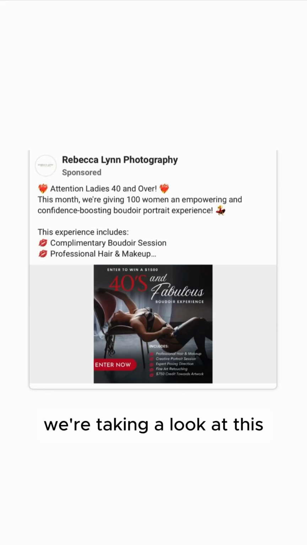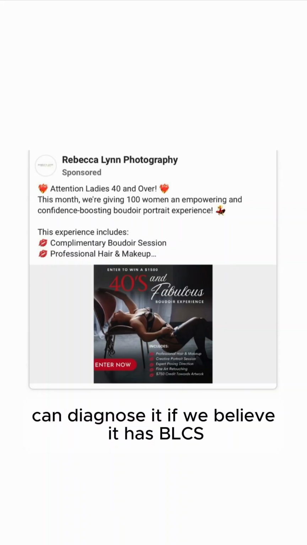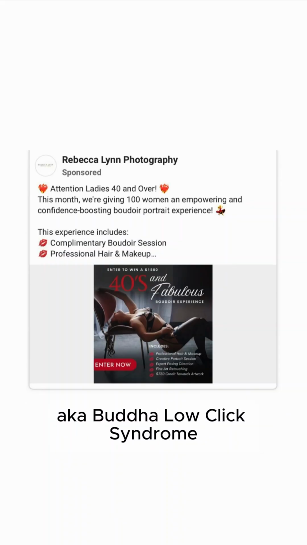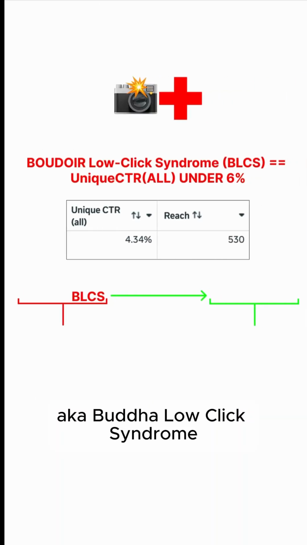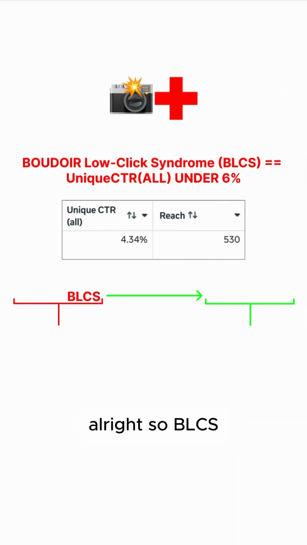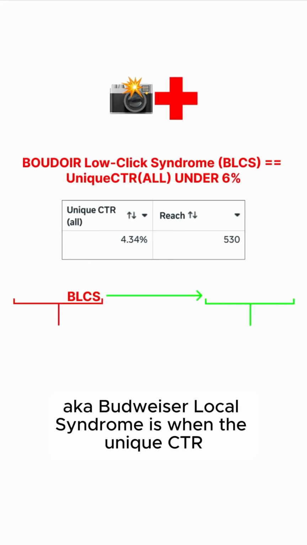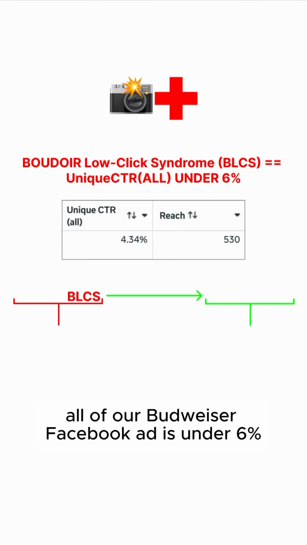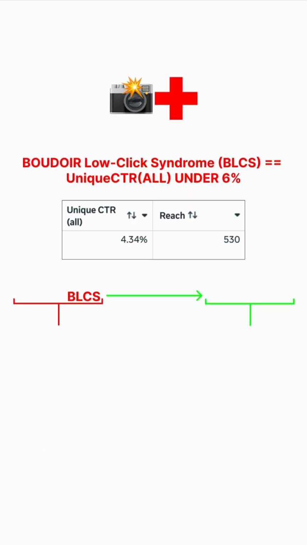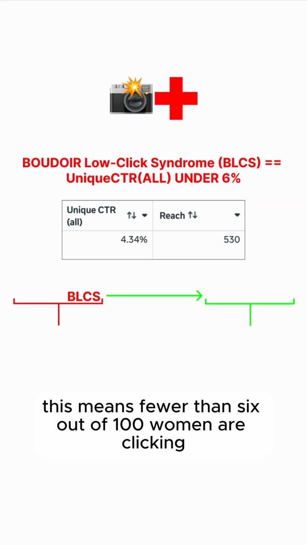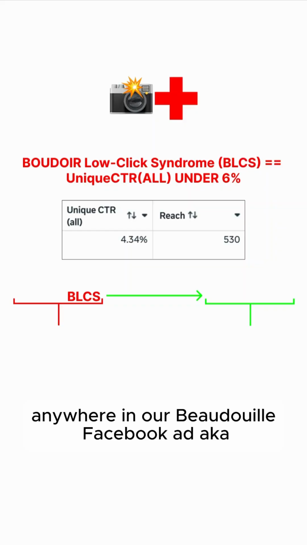All right, y'all, we're taking a look at this Boudoir Facebook ad. Can we diagnose it, see if we believe it has BLCS, aka Boudoir low click syndrome. BLCS is when the unique CTR of our Boudoir Facebook ad is under 6%. This means fewer than 6 out of 100 women are clicking anywhere on our Boudoir Facebook ad,